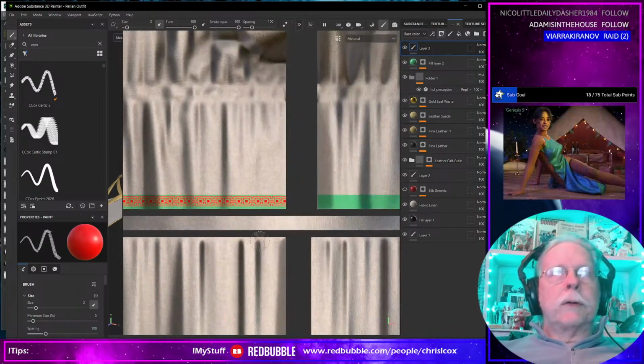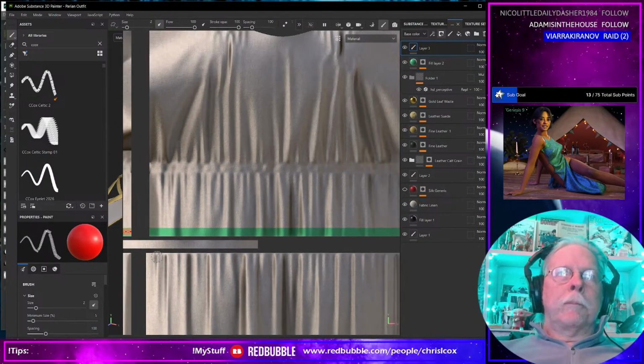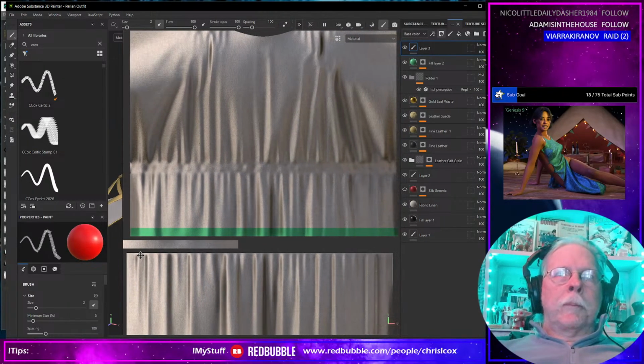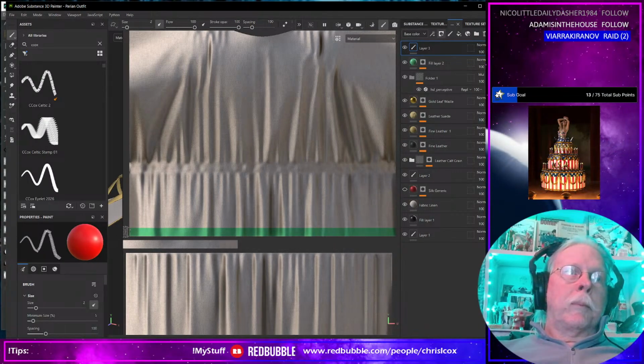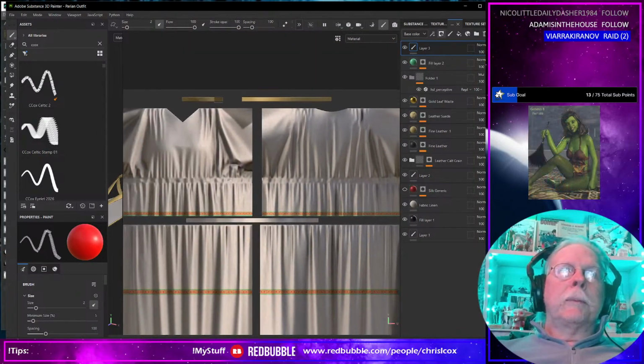Okay, that's all within the green. Okay, that is done. Now I want to run a small pattern along here, but not on the,